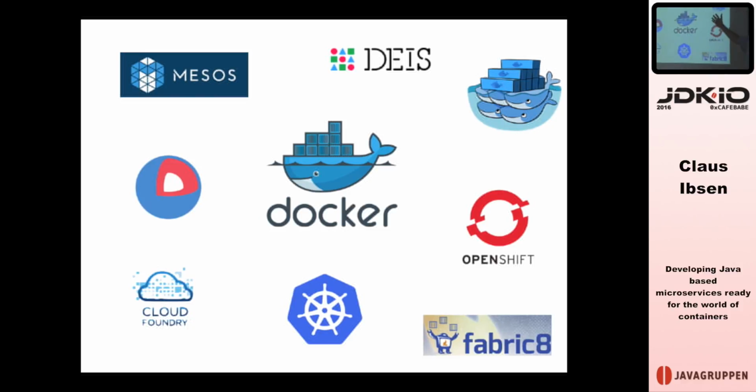So it's very popular. A lot of people are approaching Docker and using Docker and building other things around Docker. So Apache Mesos has adopted Docker, so you can run Docker containers on that platform. CoreOS has a platform, Cloud Foundry, Red Hat OpenShift, and then there's this logo down here, which is what I'm going to talk about today, Kubernetes, and a bit about Fabric8, which is an upstream open source product that we work on for container technologies.